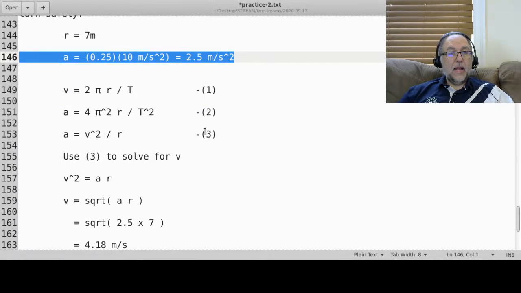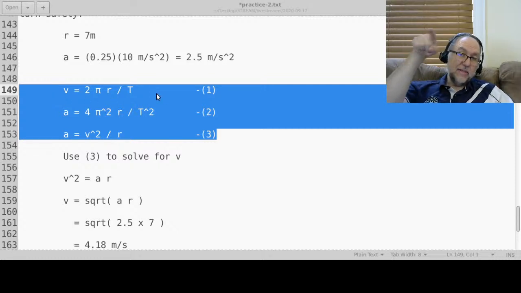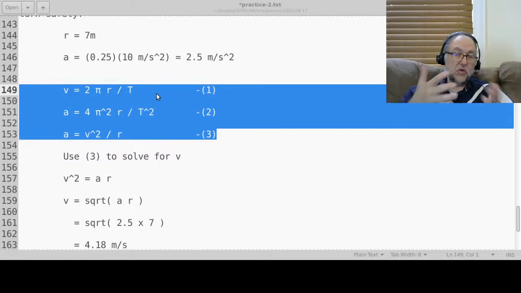Okay, and the 3 equations are: v is equal to 2 pi r over capital T. So r is that radius, v is the velocity, pi is pi, of course. And T, capital T, is what's called the period. It's the time to go around the circle once. Even if you don't make a full circle, you're making a partial circle, like going around a corner,